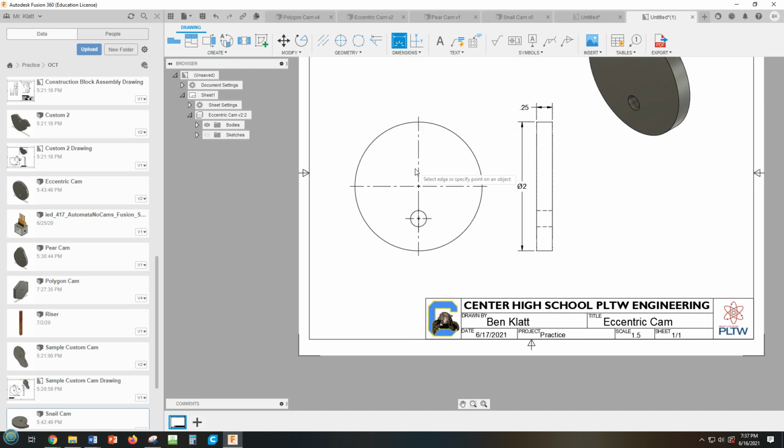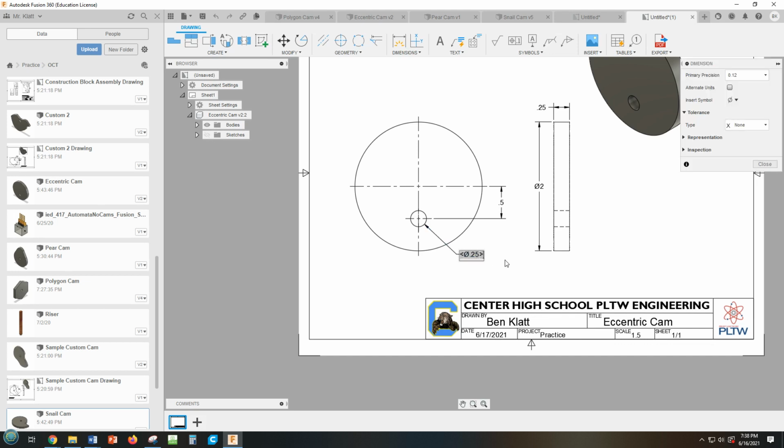Now this is showing that this hole is lined up vertically with the center mark. I'm going to move this over just a little bit, and we're going to dimension from this line to this line. We can extend that out a little bit. And the last thing that we're going to do is show the hole diameter and show that it goes through. Pull that outside,